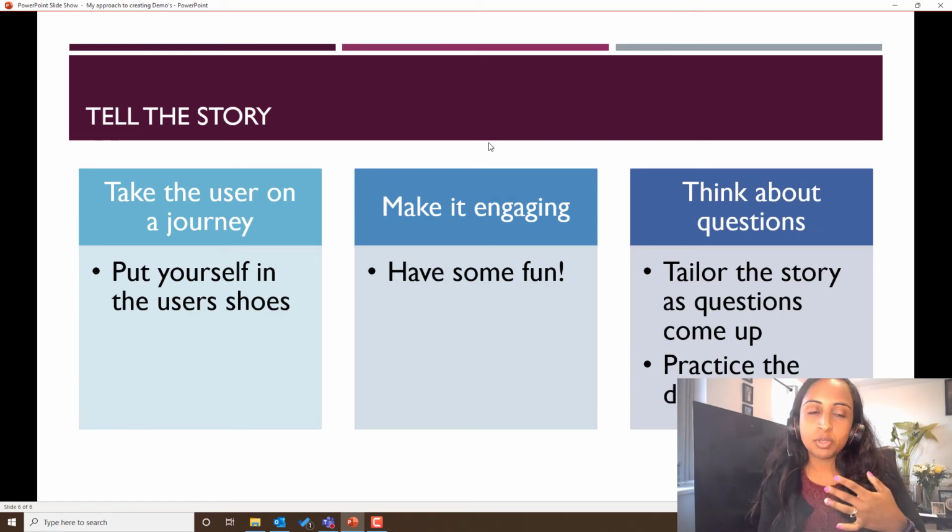And it now brings me on to telling the story. We need to take our users on a journey, so put yourself in the user's shoes. Make it engaging, have some fun. This is a demo, it doesn't need to be super serious. So anywhere that you can add a little bit of color, something a bit out there, go ahead and do it, and think about